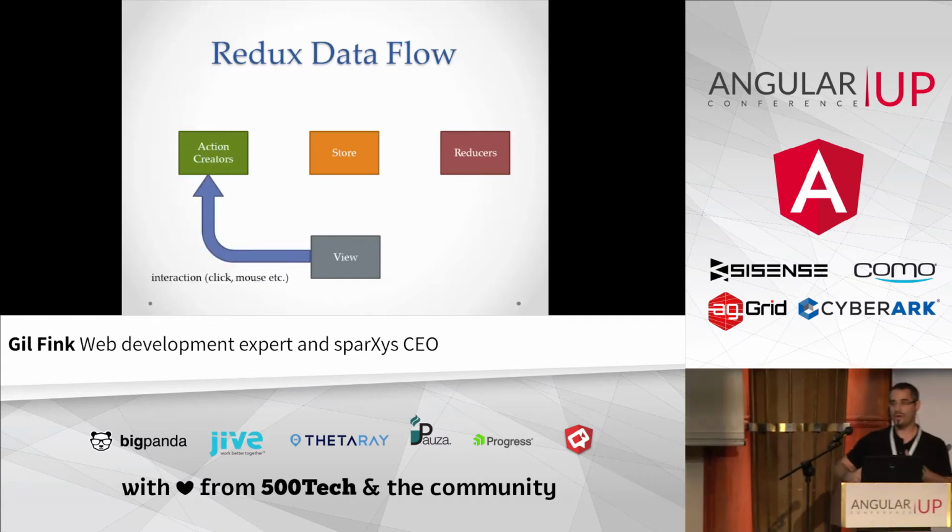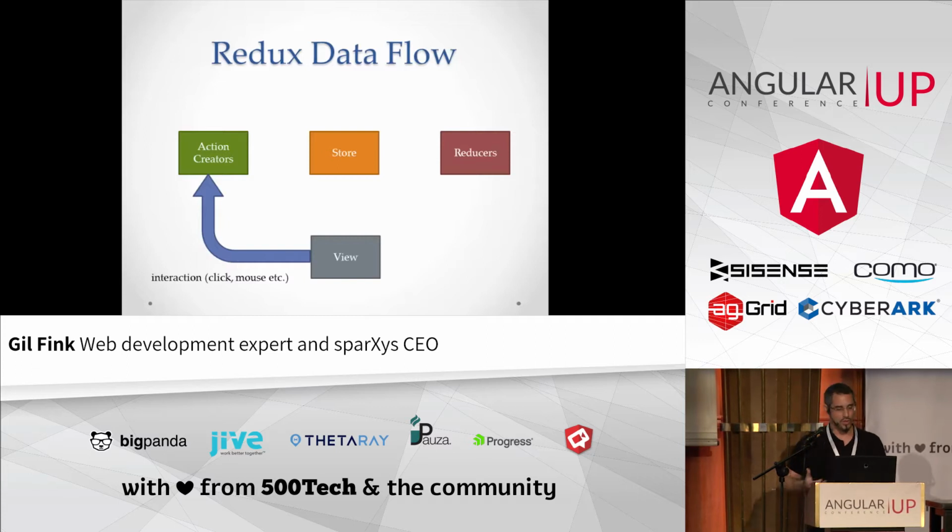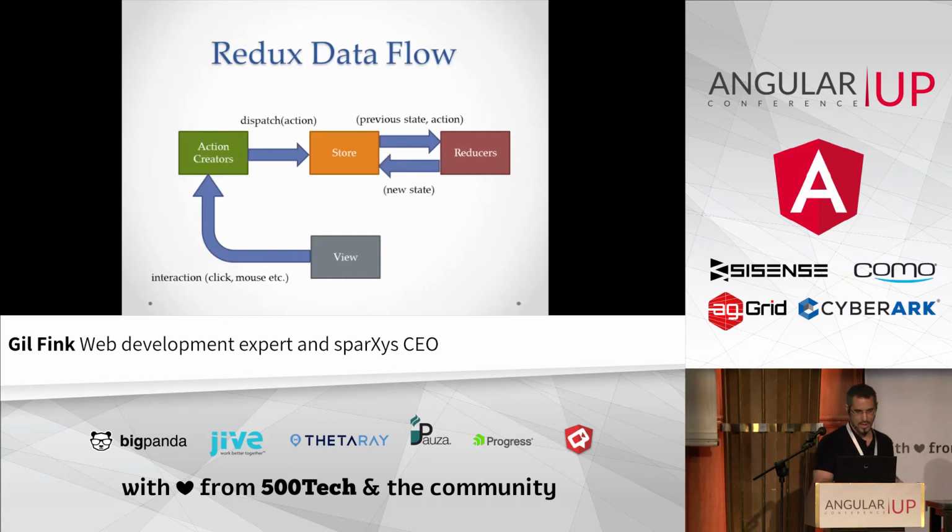In the view, you have interaction from the users. So some user clicks something or moves the mouse or anything else, and that interaction creates a new action using an action creator. That action is dispatched to the store, okay? And that action can also include some payload or something like that that you're going to change later on. So the store uses a reducer, gives it its previous state and the action that it got, and returns a